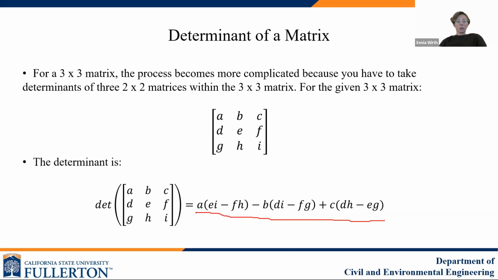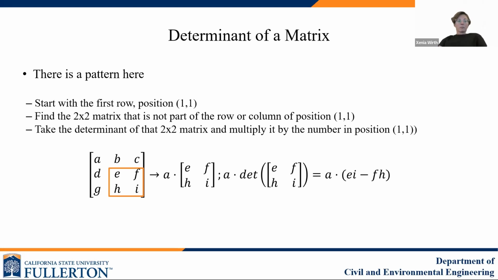Let's try to look more closely at this to determine the pattern. The pattern here is eliminating certain aspects of this matrix and taking the determinant of 3 2 by 2 matrices. So you need to find the 2 by 2 matrix that is not part of the row or column of your initial position. So in this case, we're going to start with position 1, 1, which has a value of